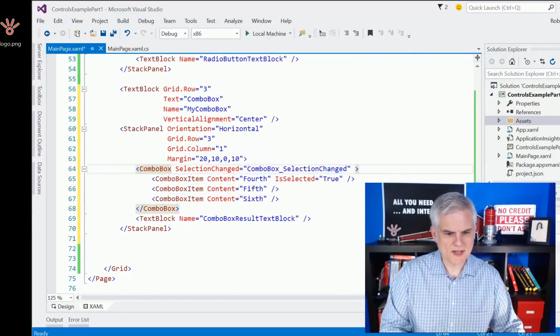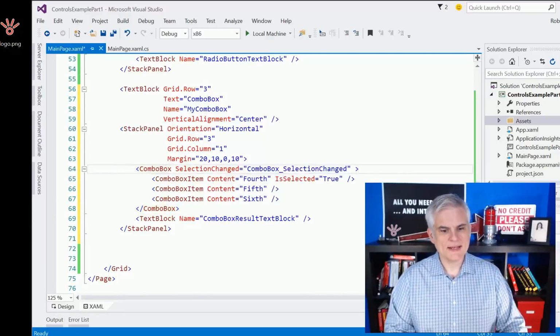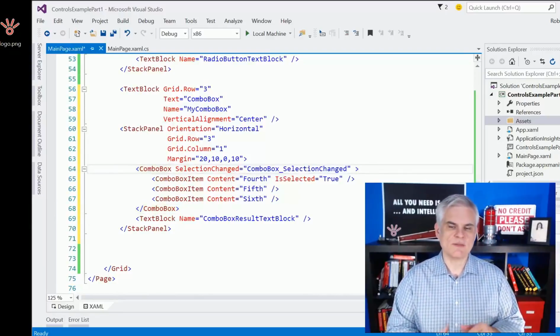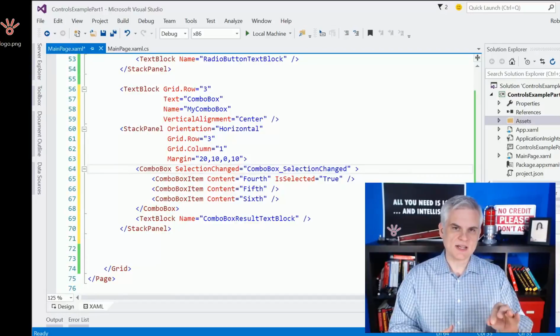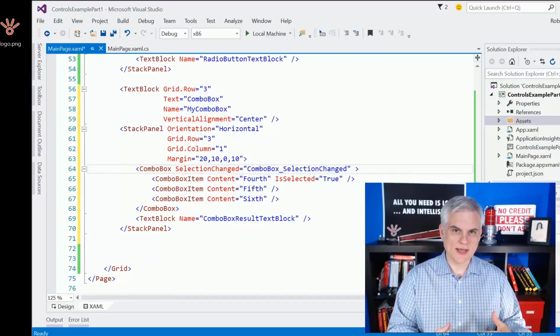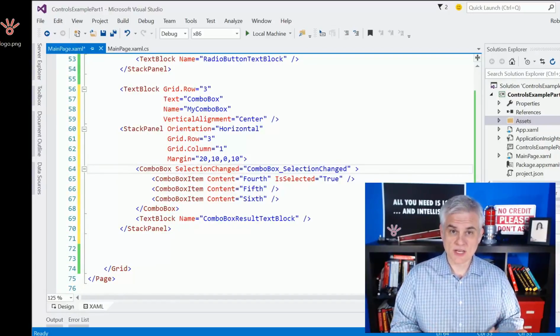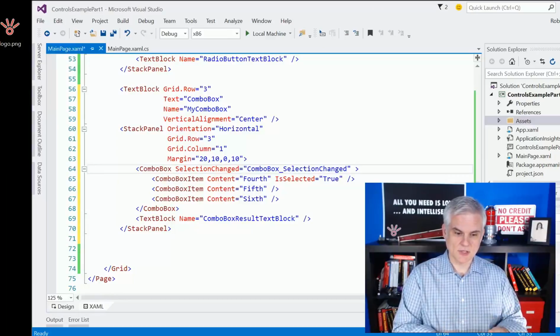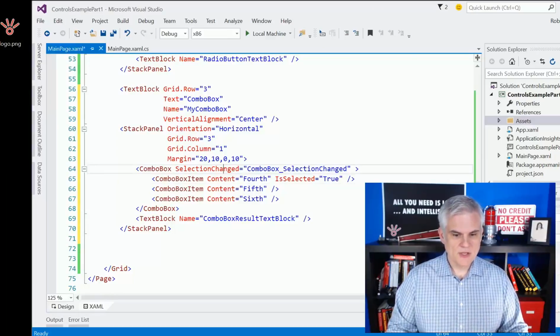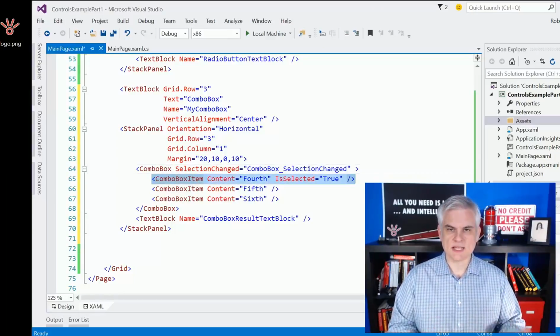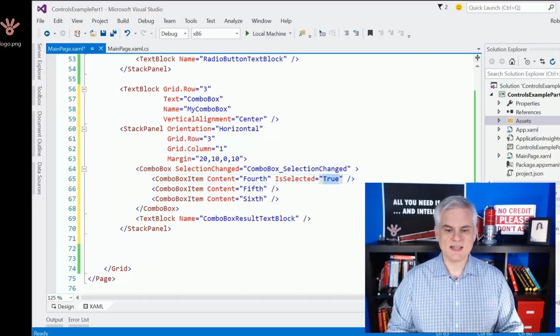Alright, so here we have a combo box, and we're handling a selection changed event. So whenever somebody makes a different selection in the combo box, we want to handle that and then take whatever the new selection was and display that in the label below or in the text block below. You can see that we create a number of individual text box items. They'll show up in the drop-down list,